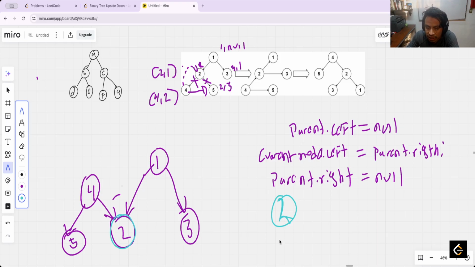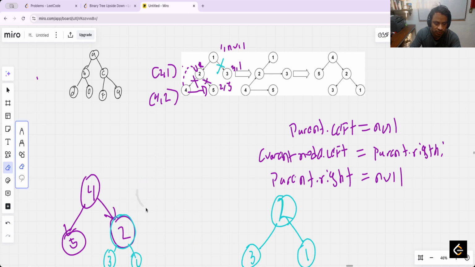In this case, current dot left it's equal parent dot right. And next is parent dot right. The parent is 1. It's equal null, which means that this is cut, and here the current dot right it's equal root. And now we have this 3 1, and this disappeared because it was updated. 4 5 2 3 and 1. Okay, but this works because it's a short